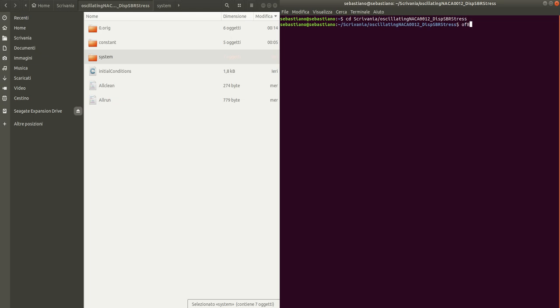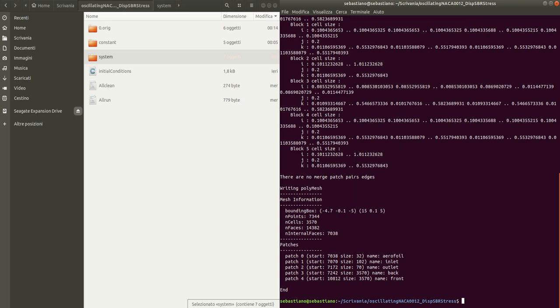Okay, let's load the OpenFOAM 8 environment variables. Let's launch the blockMesh, then the extrudeMesh,